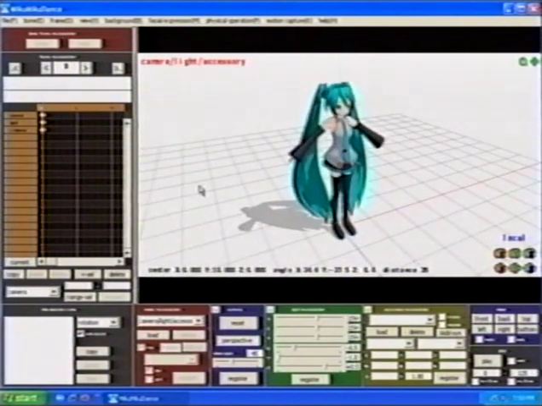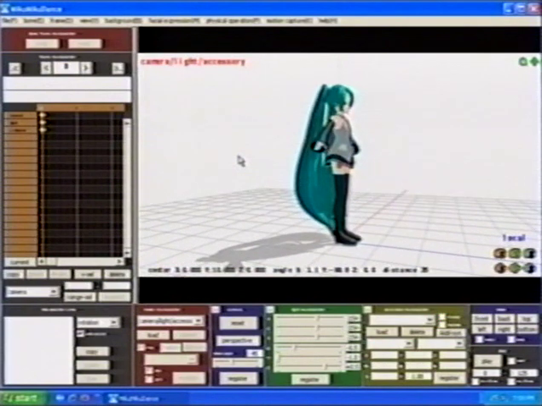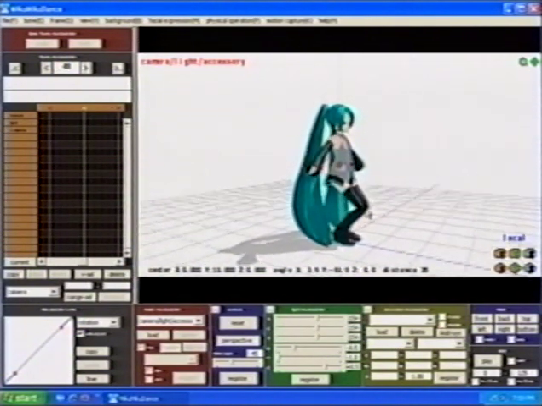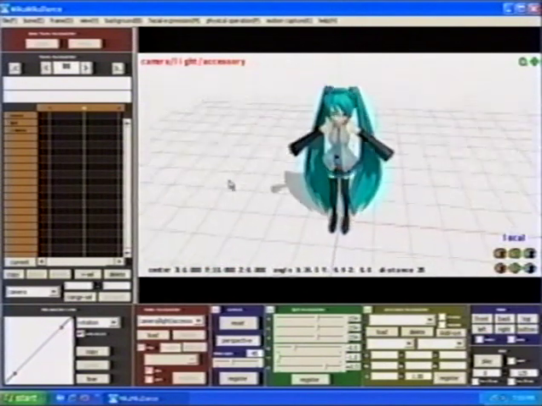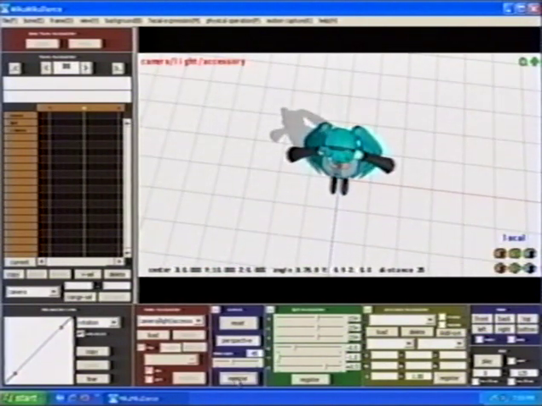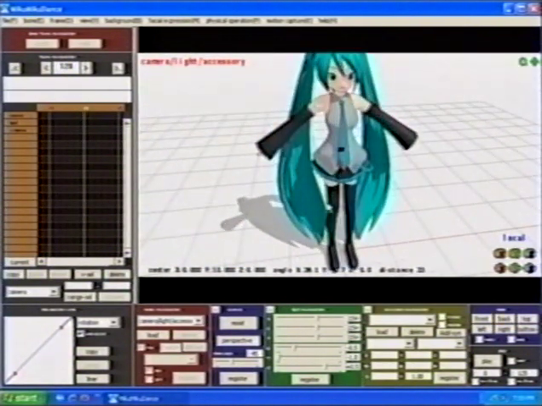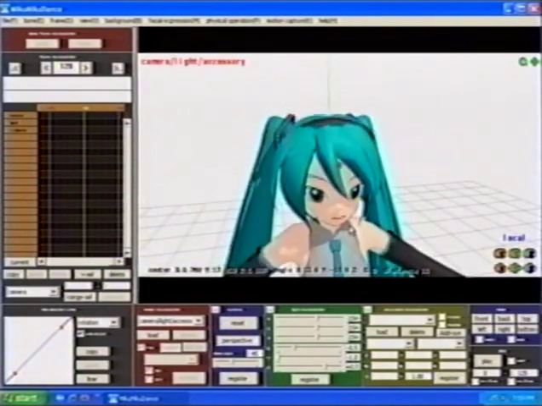I'm going to pick a start position for the camera over here. And it's in frame 0, so I just register it. Then I'm going to move out to frame 40, just for fun. I don't know why 40. Come over here, register that one. I'm going to go out to frame 80, enter. And I'm going to come up here and register that one. Then I'll go to frame 120. Enter, and we'll come right down here and zoom in on her face